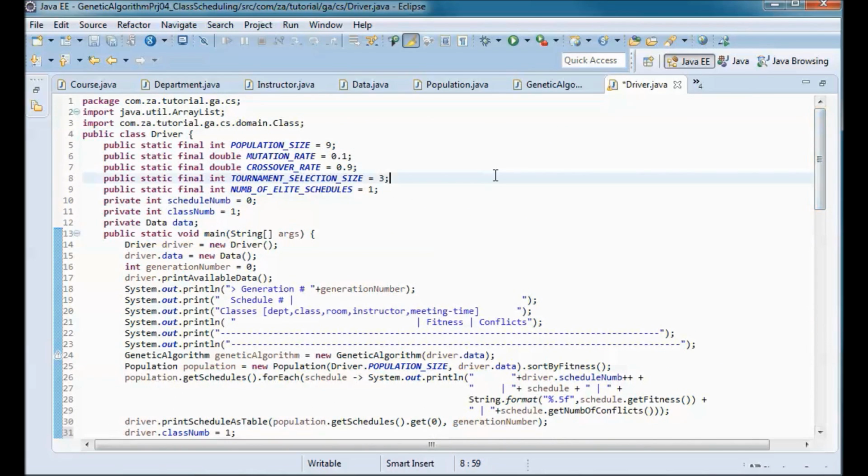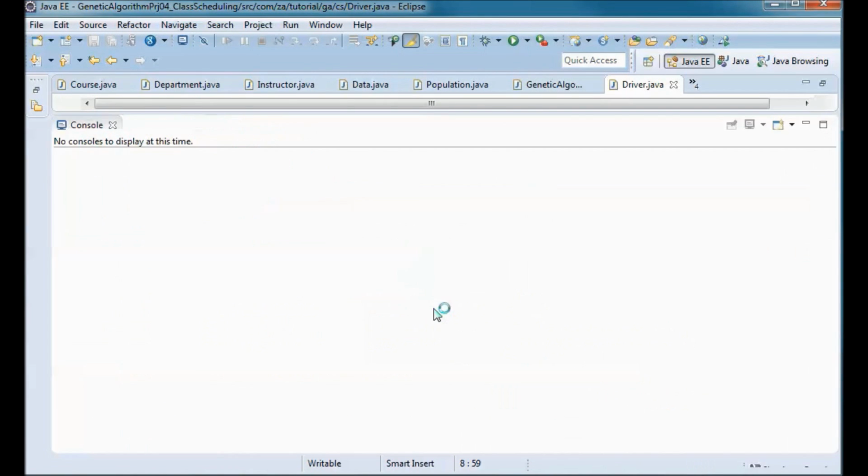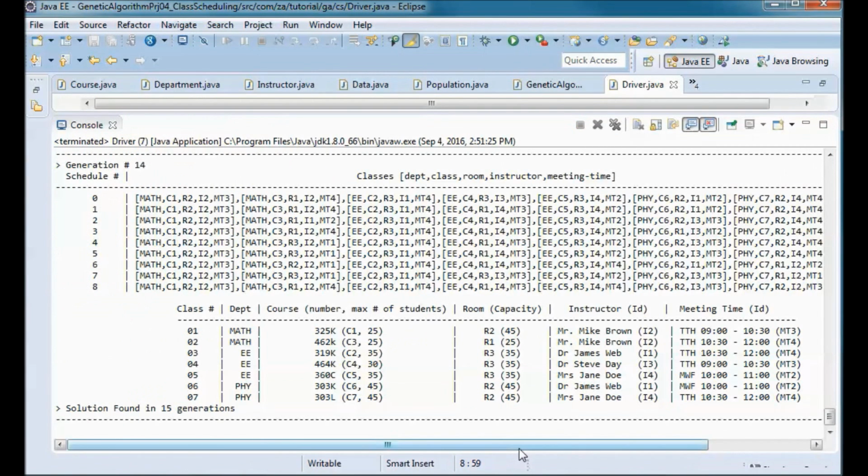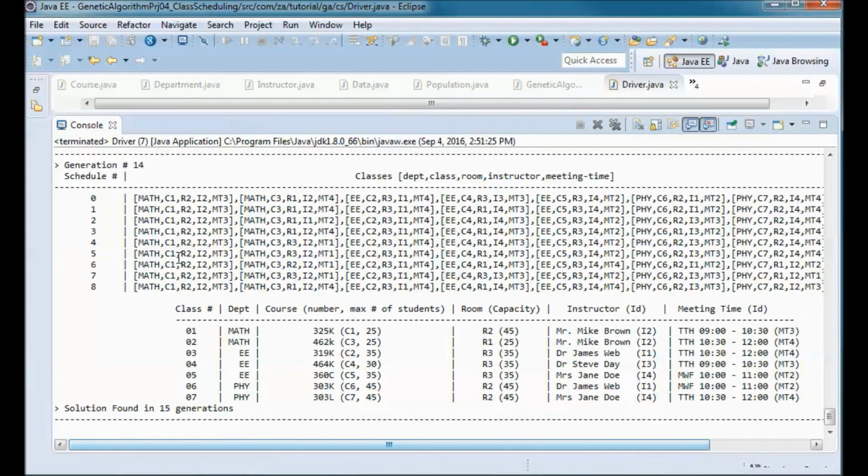So let's go ahead and run it. And we find a solution in 15 generations.